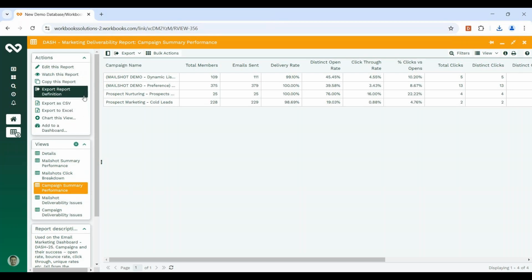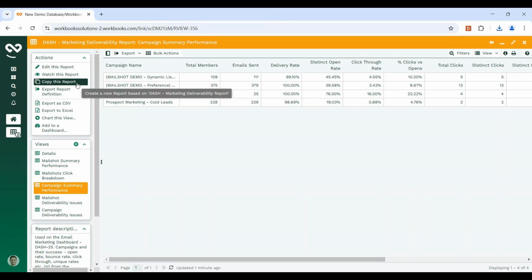Just above the Export Report Definition option is Copy this report. So if you want to copy a report within the same database rather than putting it in a different one, you can just use Copy this report. So if I click on that,